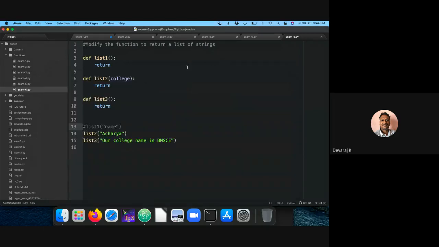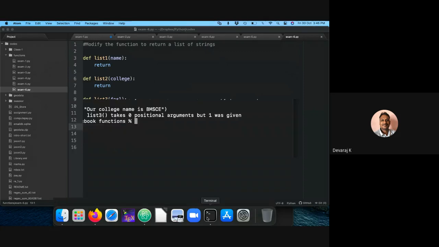It's taking 2. So I have to define this. Somewhere a blank it is not taking. Let me define it.